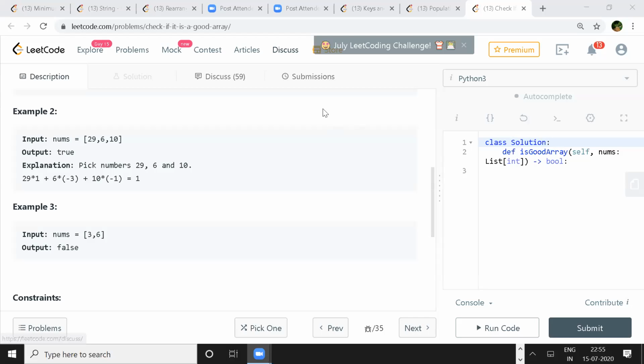In the case of 3, 6, 17, the co-prime pairs are 3 and 17, and 6 and 17. We stop here, we have our answer. Now let's say instead of 17 it's 24, so 3, 6, 24.